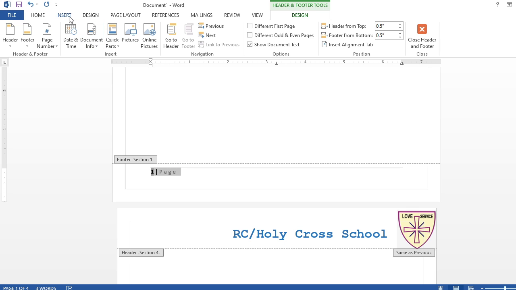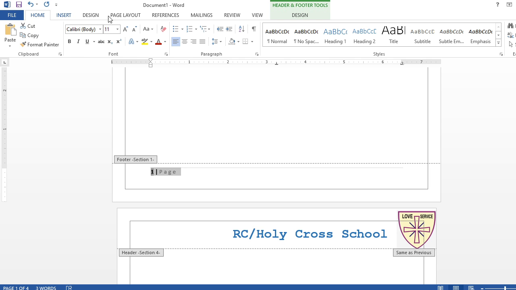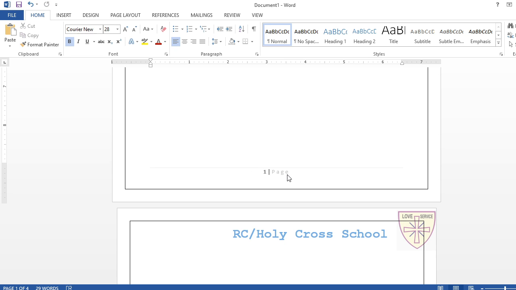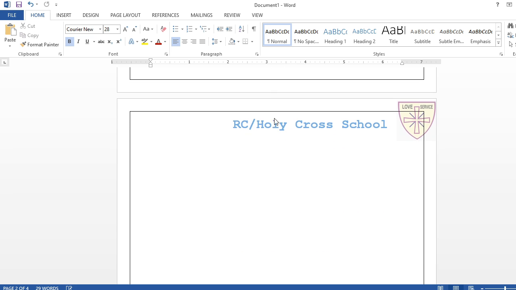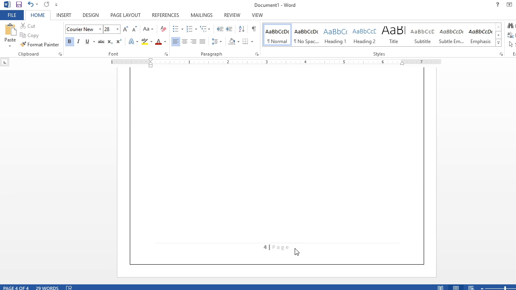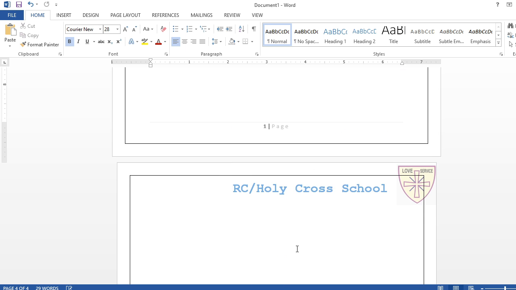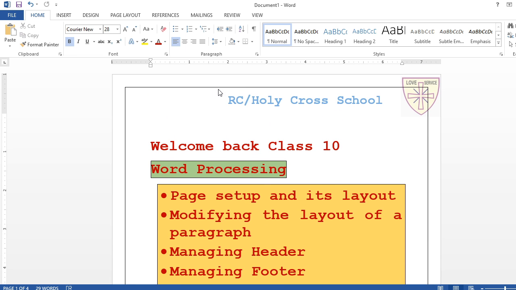I am selecting here, I am going in home, I am going to the center. This page number is coming in the center. Then again right. Then again left. Again in center. Like that it is going to come. Now, no worries. This page number is going to come in all the pages, second page, third page. You can write your name also here. Who is the author of the page? Understand? So in any project work and all, you can write your name, roll number, class, section right here.